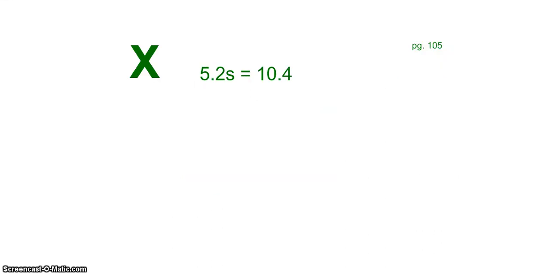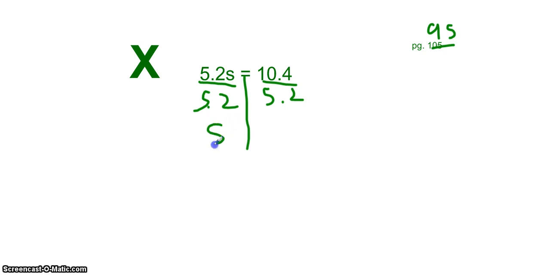Okay, now go to your multiplication page, or the chart page on page 95. Okay, it should be page 95. Okay, so next we're going to undo multiplication by division. So we'll do 5 2/10 divided by 5 2/10. Okay, so divide both sides using the fraction bar. Okay, s is by itself. We do 10.4